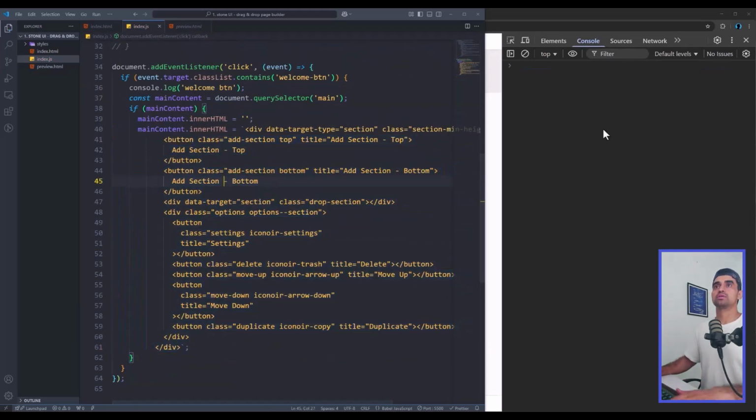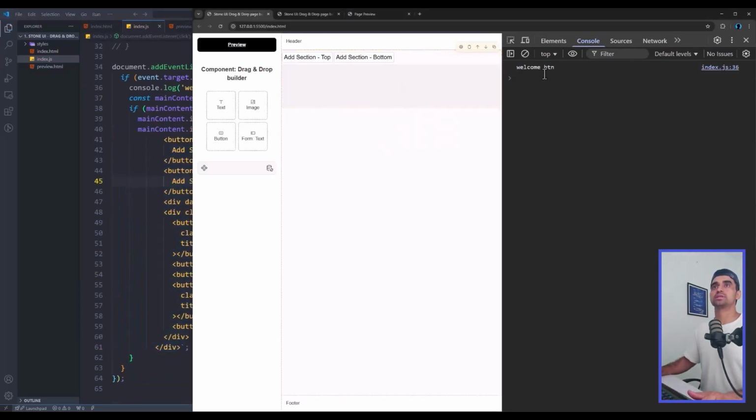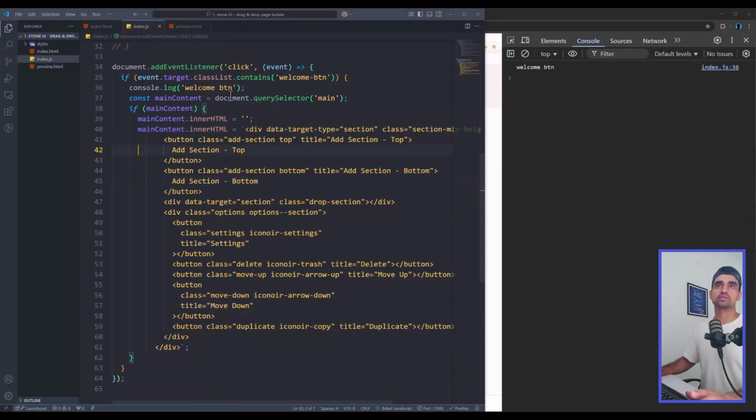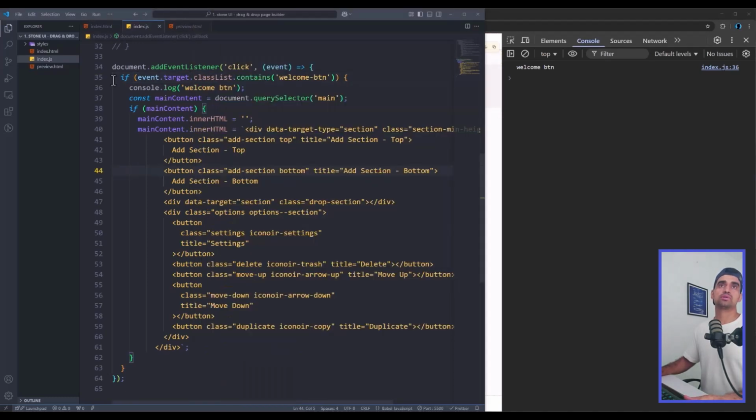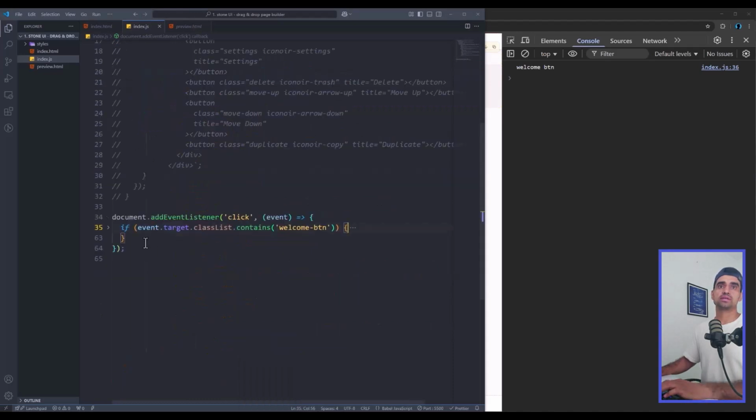and save it. Now if we click on this add section, it has added the section back to the page. So this is the new event listener on the document. Now you will understand why this is helpful. So now let's say I want to add an event listener for add section top, bottom, and all these options. All I have to do is add a condition in here that if I click anywhere on the DOM,